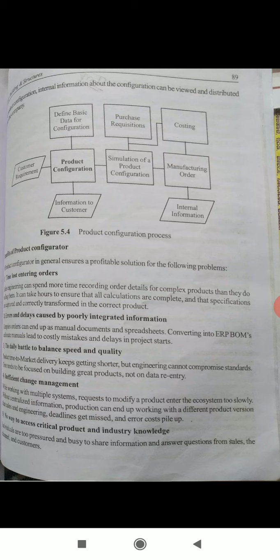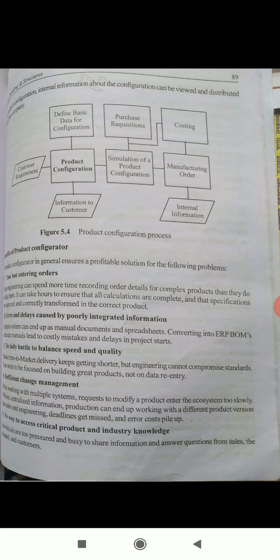Sales engineers can spend more time recording order details for complex products than they do selling them. It can take hours to ensure that all calculations are complete and specifications are captured and correctly transformed into the correct product.